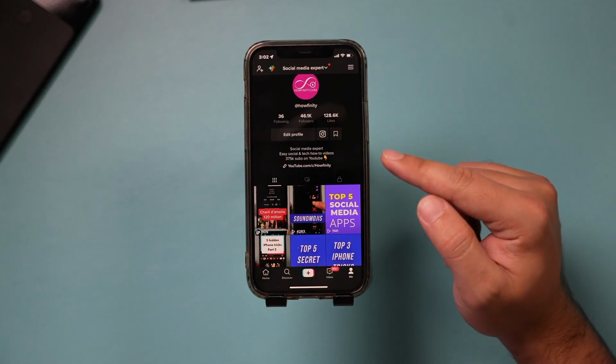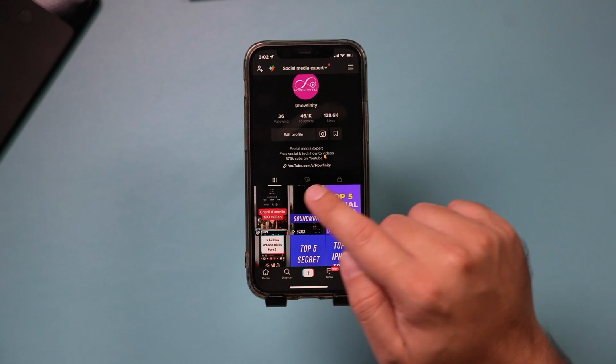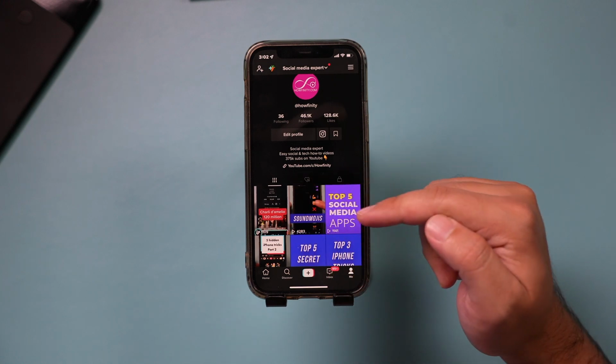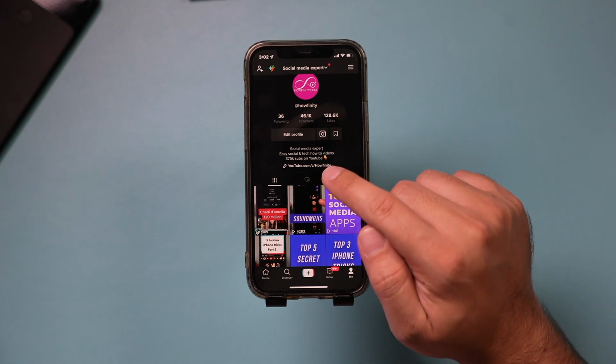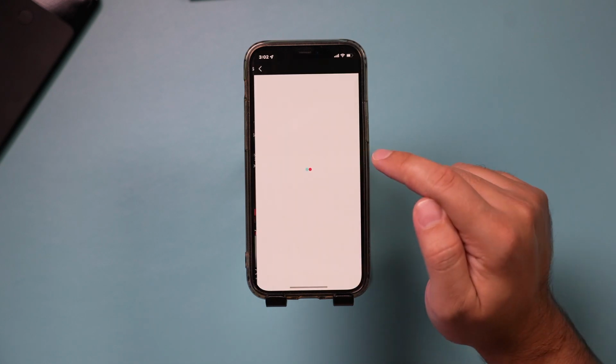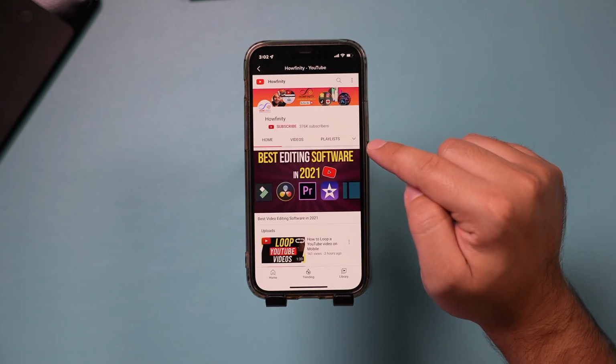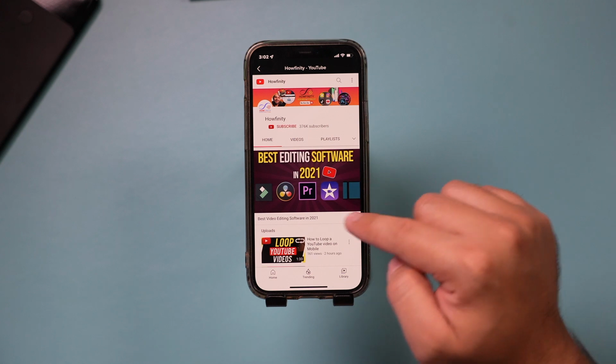But the real power of TikTok is not how much they pay you for the Creator Fund. It's the ability to go viral, get a lot of viewers, and then get people to other platforms or products or services. So for example, what I ended up doing is I put my YouTube channel here to try to get people to go to YouTube. That didn't work so well though, because here's the problem. If you click on this, it opens a browser here. So it's really hard here to subscribe.